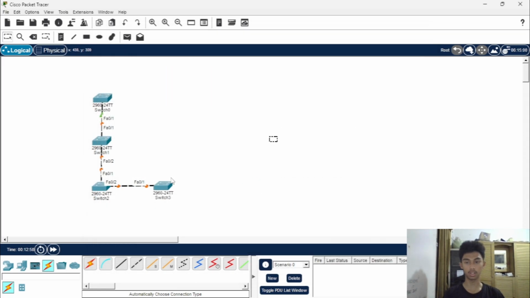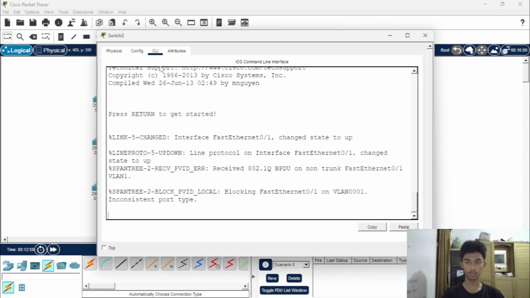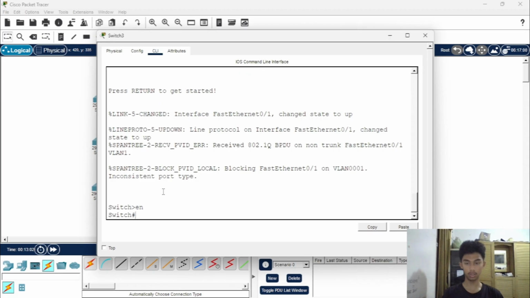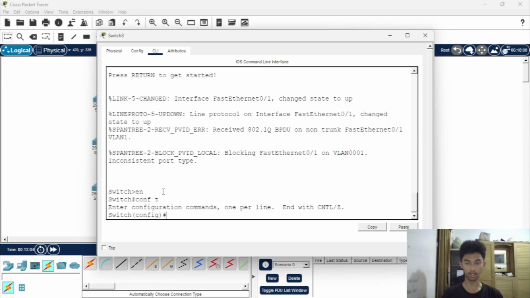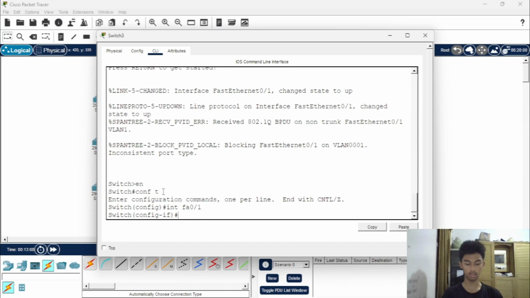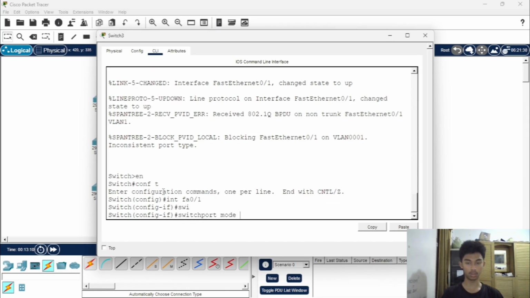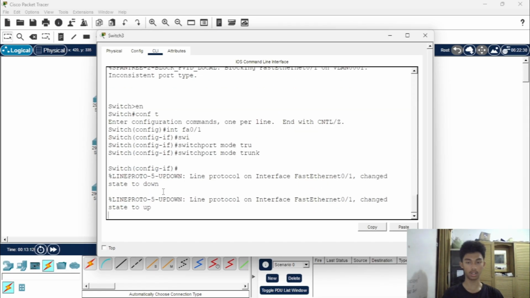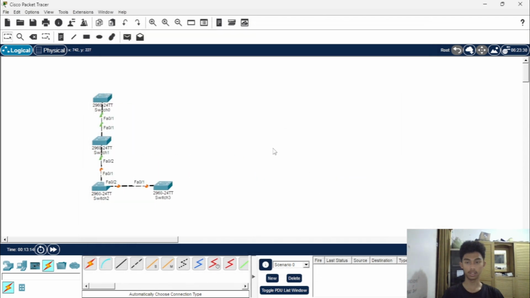Okay, for the last switch, same, use command enable, configure terminal, interface 0/1, enter, and then switchport mode trunk, enter. After completing the trunk configuration, we will proceed to change the mode of each switch.